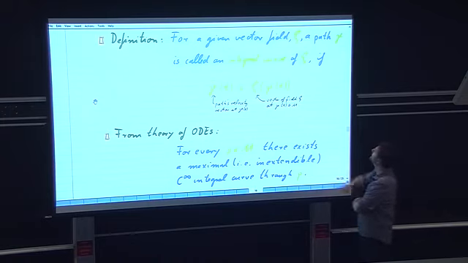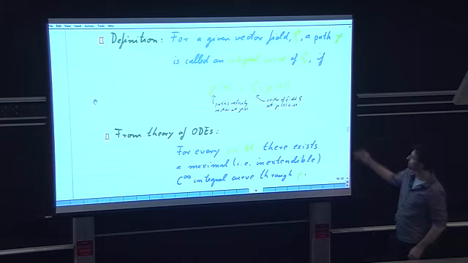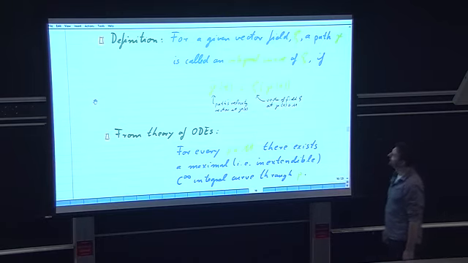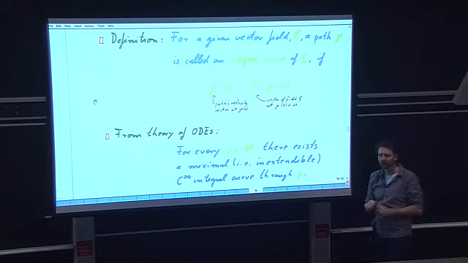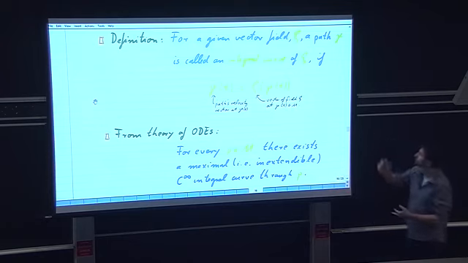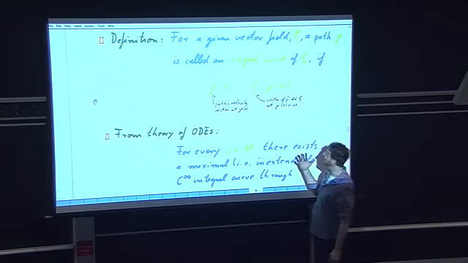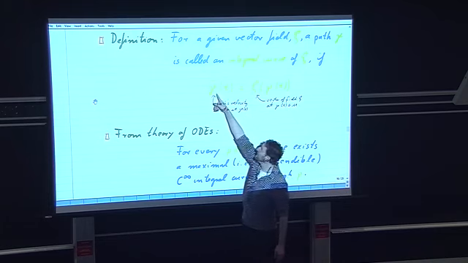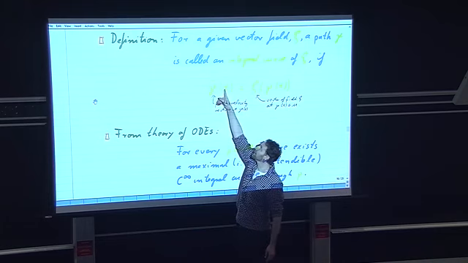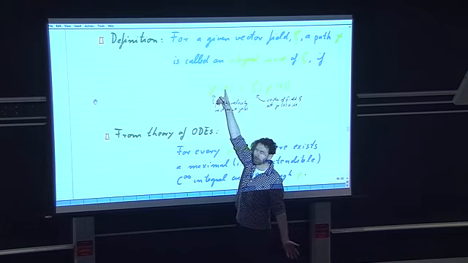And imagine that we have a path gamma in that manifold. Now imagine that we have chosen our path in a very particular way. Or we've chosen our vector field in a particular way. In any case, we've chosen them in such a way that the tangent vector at the point denoted by t